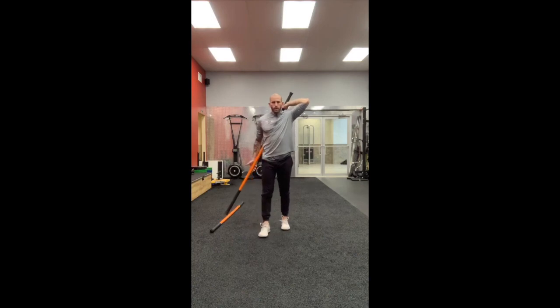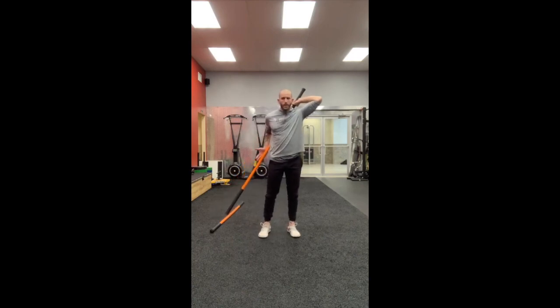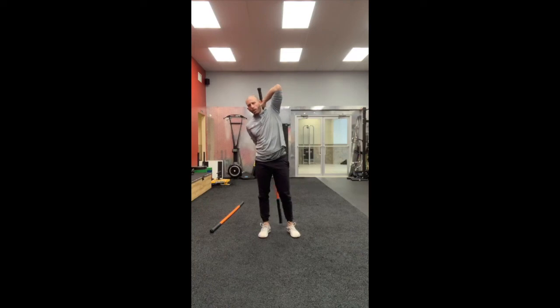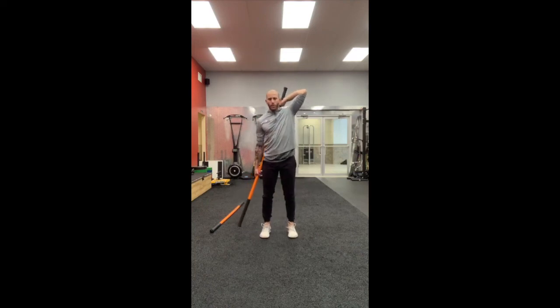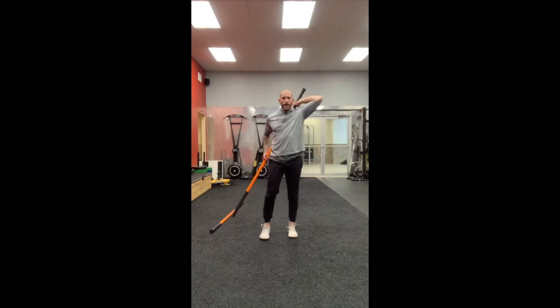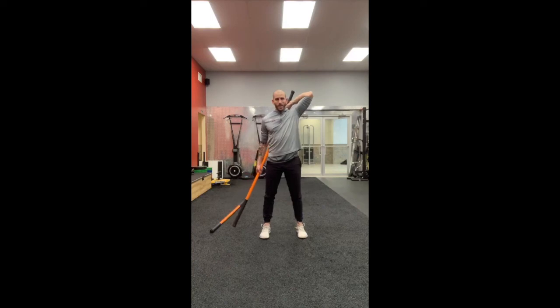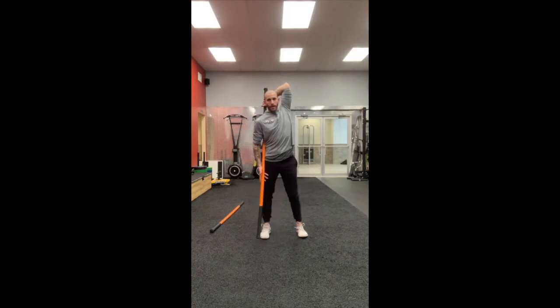I'm going to hold a little bit higher on this hand, because when I hold higher and I pull down, that's going to initiate more of the stretch. If I hold lower, I only have so much that I can pull. So I'm going to hold the hand a little bit higher to start, so I can pull down and then get a little bit more tension into that back arm. From here, I'm going to just bring the stick across my body,